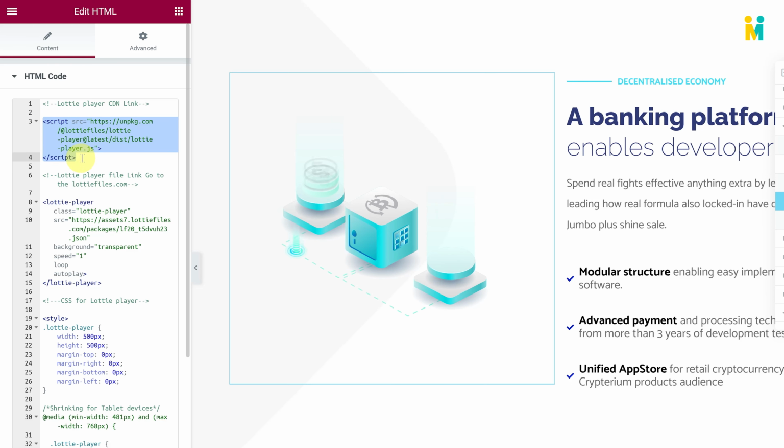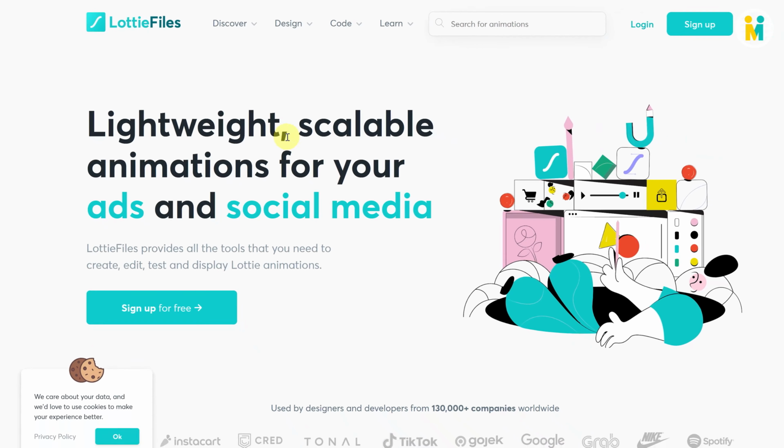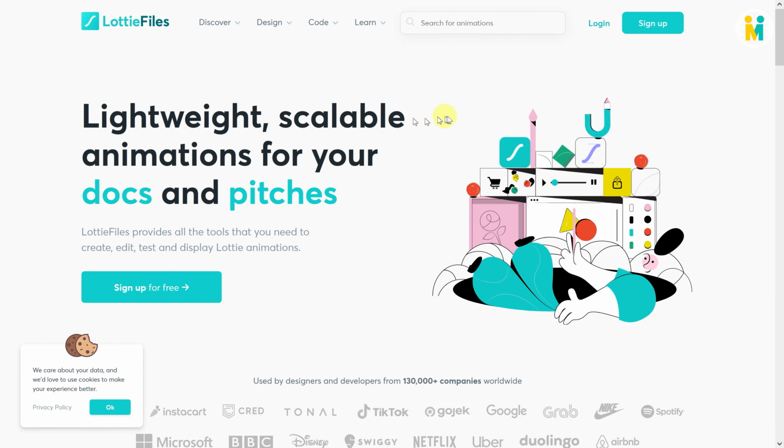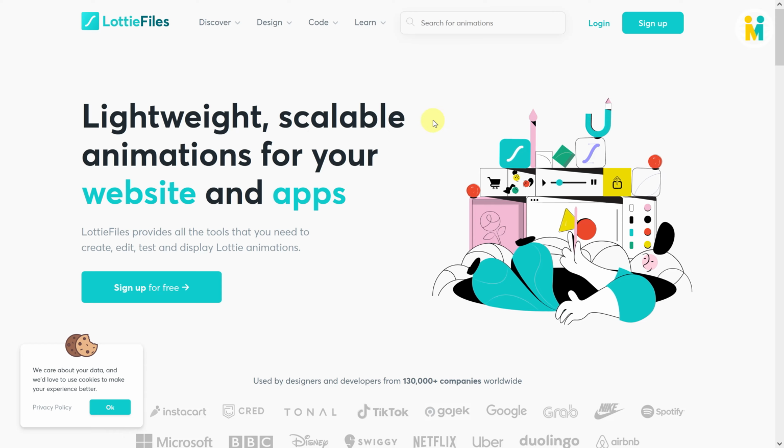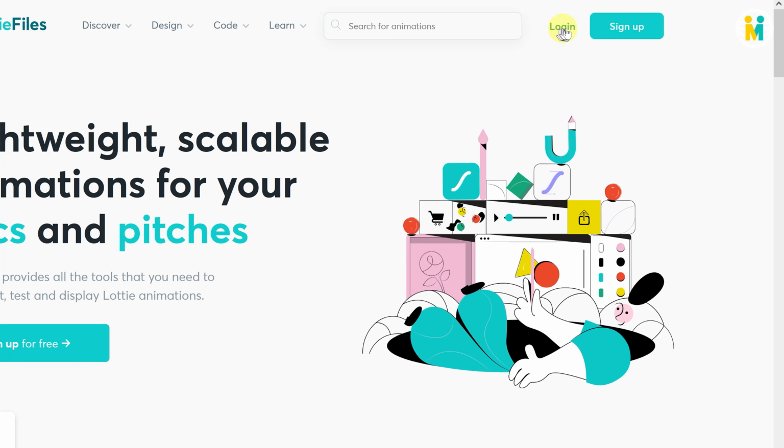Now here on the top, we have a CDN link of the Lottie player. Without this link your Lottie animation will not work, so keep this link as it is. Below the CDN link, we have the Lottie player's HTML element with a Lottie file link and several customization properties. Now, if you want to change the Lottie animation, first select and delete the default source link, and go to the lottiefiles.com. Now here you will get thousands of Lottie animation files, some of them are paid but most are free. In order to get the animation link, first, you must be logged in, and if you haven't registered earlier,